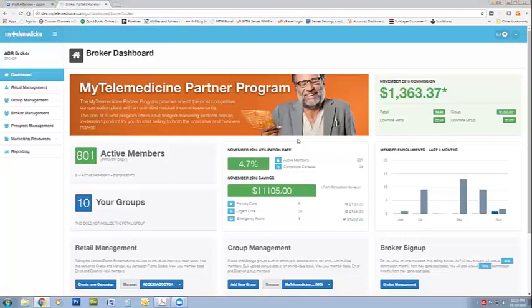And here we are in our broker dashboard. Very detailed dashboard. As you can see, we just have a quick highlight of what this program is about. And we're going to go starting in kind of a row format. Right next to the orange image, we have here November 2016 commissions. And I can see that my total commissions for this month is